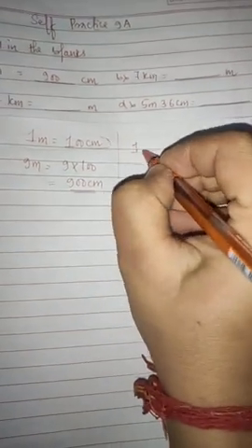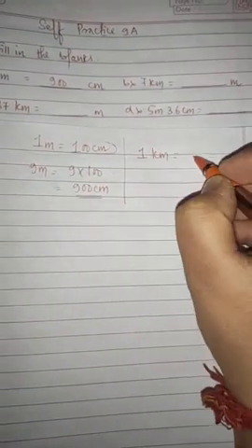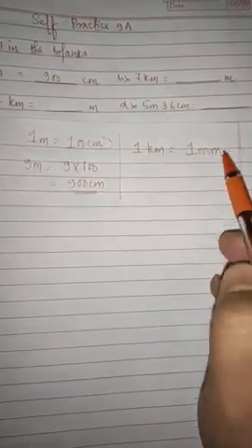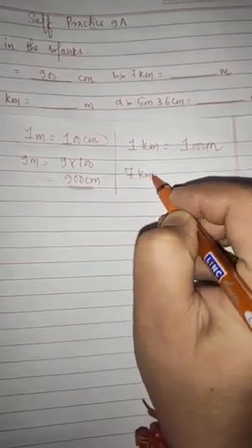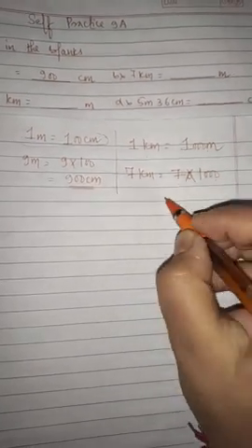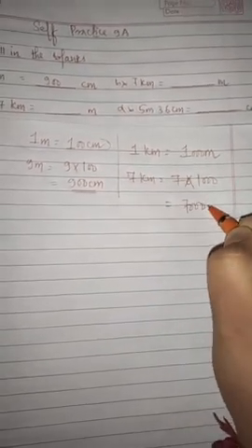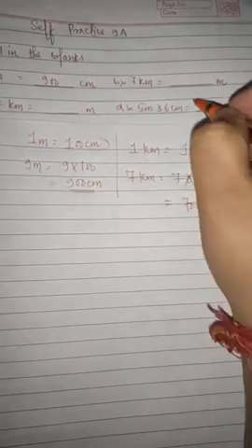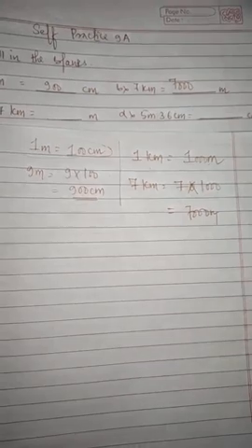Okay, next, 1 kilometer is equal to how much meter? It is 1000 meter. 1 kilometer means 1000 meter. Then 7 kilometer means how much? It is 7 into 1000. Whatever the number you have, just multiply. Whenever you are converting into meter, just multiply with this 1000. It is 7000 meter. 7 ones are 7. How many zeros are left then? 3. So it is 7000 meter.